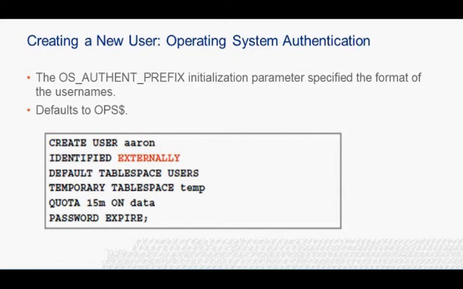In this case, the DBA can create the user by entering a command of the form CREATE USER OPS$username IDENTIFIED BY password. A user who logs onto the machine running the Oracle server need not supply a password. If the user connects from a remote client, he or she can connect by supplying the password. Setting another initialization parameter, REMOTE_OS_AUTHENT equal to TRUE, specifies that a user can be authenticated by a remote operating system.